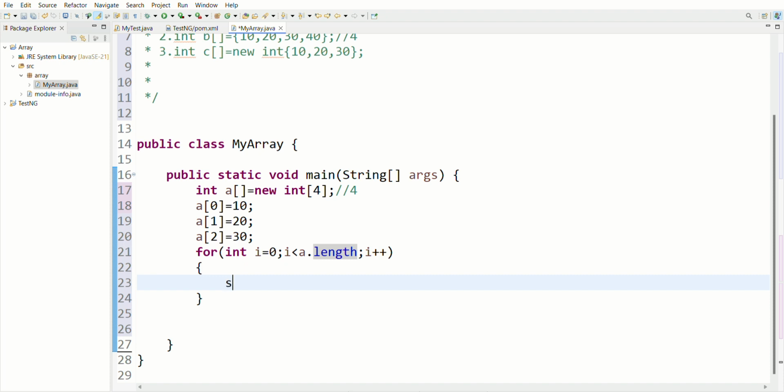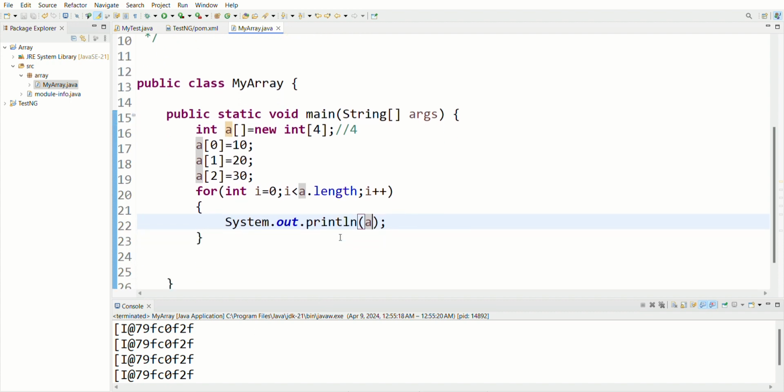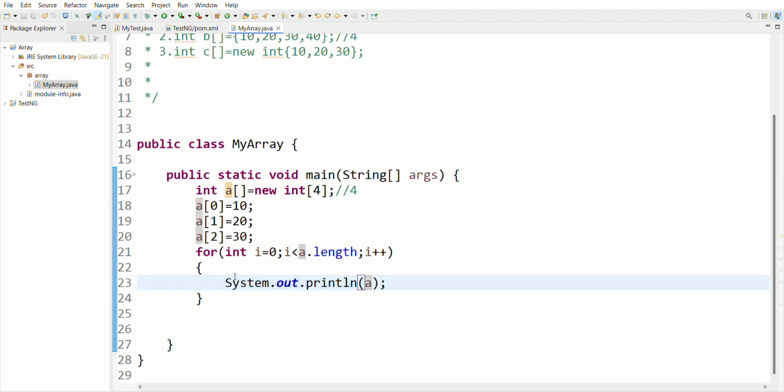Now I am printing here System.out.println a. Let me print it. It is a type of object, and when we are not using the toString method and directly print the object, it will always give the address.